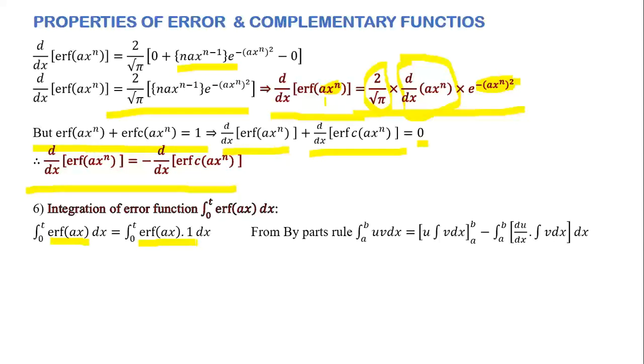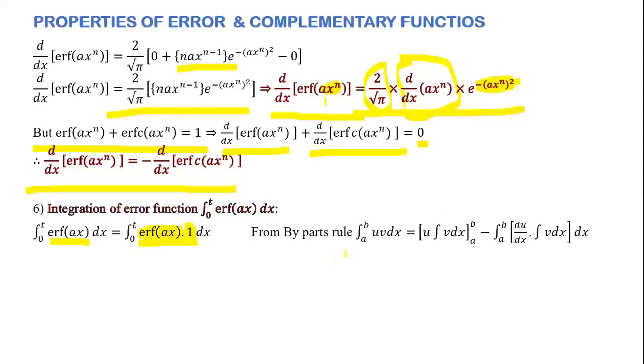Here one is the multiplying factor, that is the usual multiplying factor for any given function. So here I split this function as the error function of x multiplied by 1, where this first function is my u function for the by parts rule, and the second function is my v function for the by parts rule. This integral is very similar to your logarithmic integral. For the logarithmic function also, you split that function as log x multiplied by 1, where log x becomes the first function and 1 becomes the second function. In a similar manner, we will try the integration of error function of x.